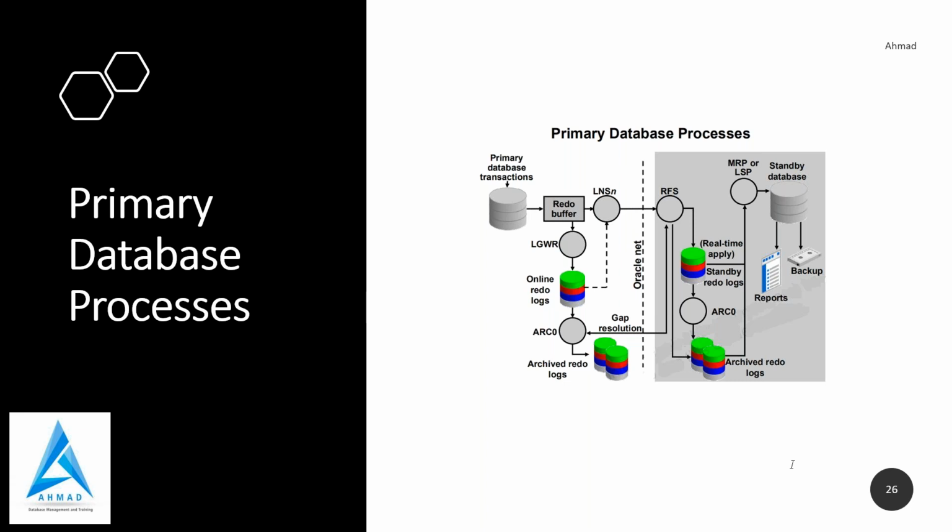So now, what is ARCn? ARCn process, as everyone knows, flushes the redo data from the redo log file to the archive log file. ARCn is also responsible for shipping the redo data to the RFS process, remote file server, if you see the diagram, and for proactively detecting and resolving gaps on a standby database. And from the 11g release we have 30 ARCn processes, as you may know. If you don't know, then you can update yourself. And by default, how many ARCn processes are available from 11g R2? Can anyone tell?